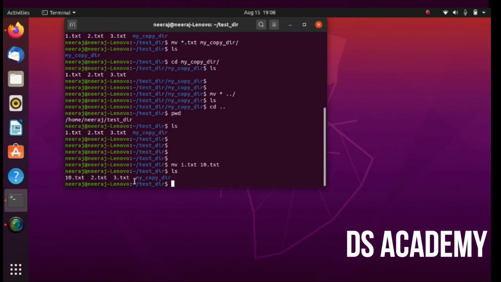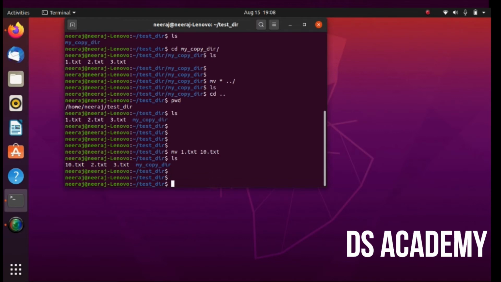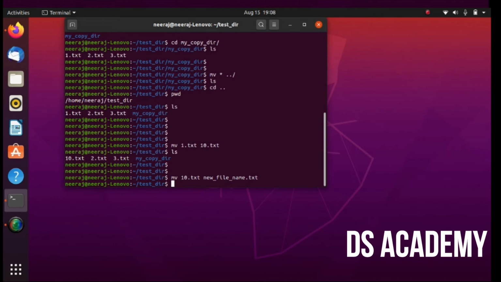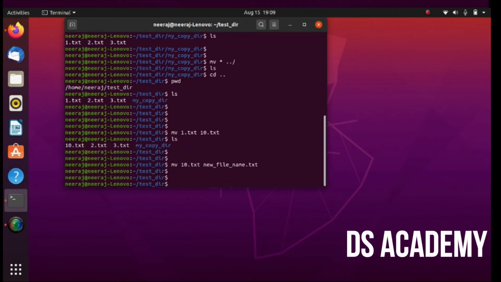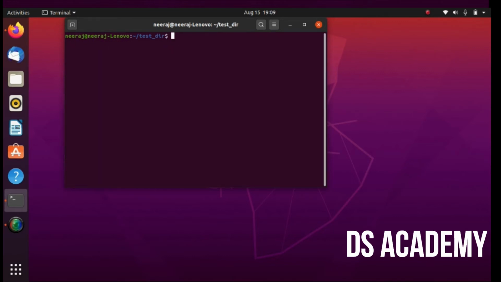So if I do this thing, then this is going to rename 1.txt to 10.txt, or move my 10.txt to new file name .txt. So move command is used for moving the content or renaming a particular file or particular folder.